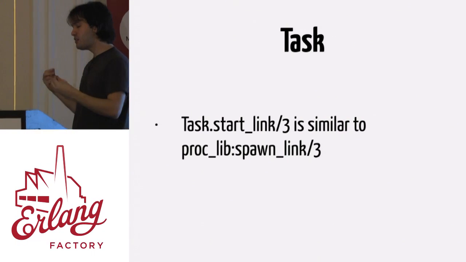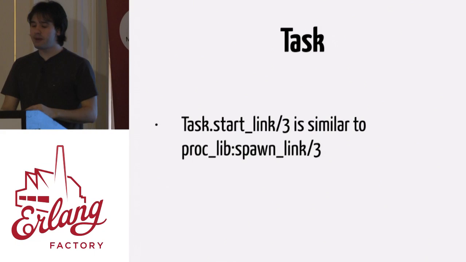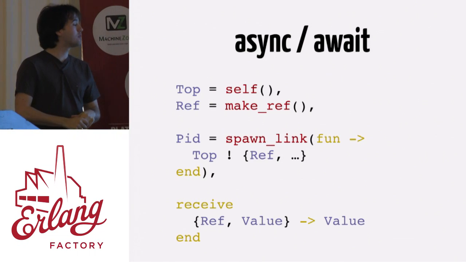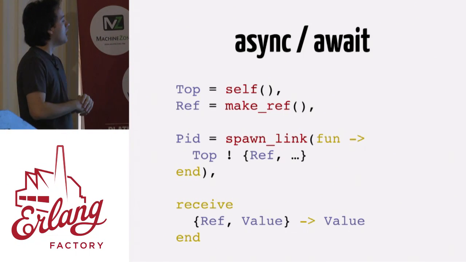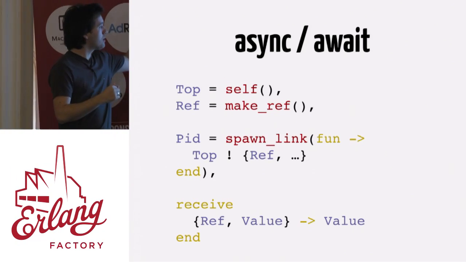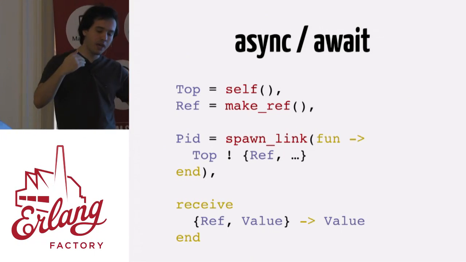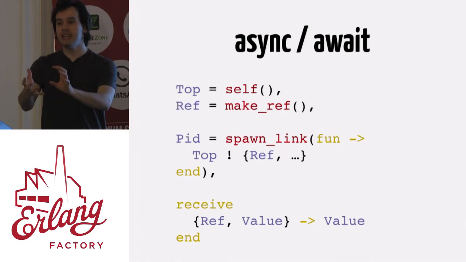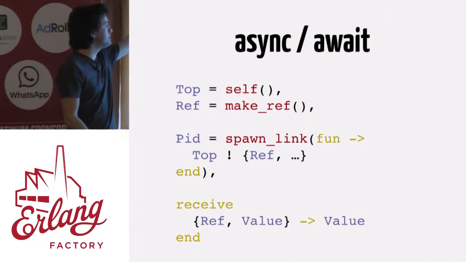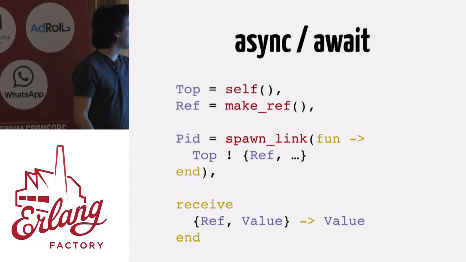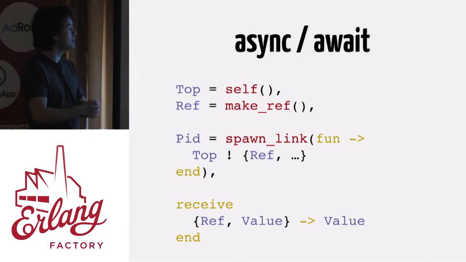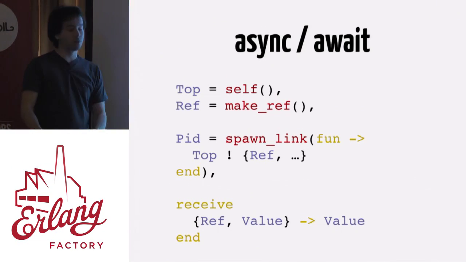But with time, tasks started to encapsulate other common patterns. One of those patterns is the async await pattern. We stole the naming from .NET, from C#. And this is Erlang code that I already wrote multiple times and have seen multiple times. What we want to do here is start a process to compute something and then read the computed value later. So this code gets the current process, creates a reference, and then spawns a child process that is going to compute something and send a message with the computed result later. And then when we care about it, we read the result.